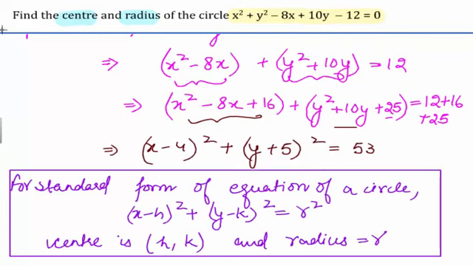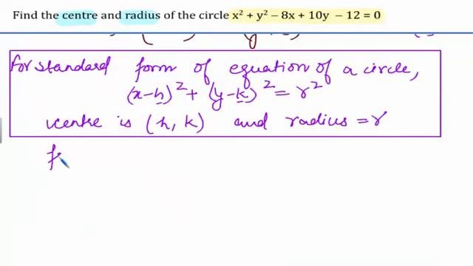Now we know that for the standard form of the equation of a circle of the type x minus h whole square plus y minus k whole square is equal to r square, the center has coordinates h and k and the radius is r. So let us denote this equation by 1. So from 1 we get,